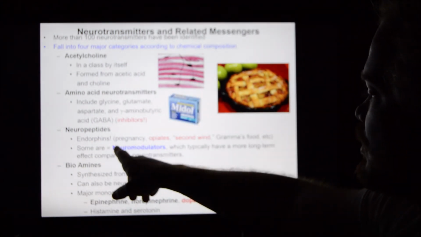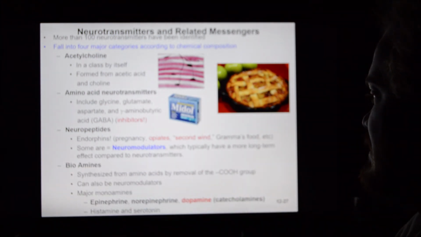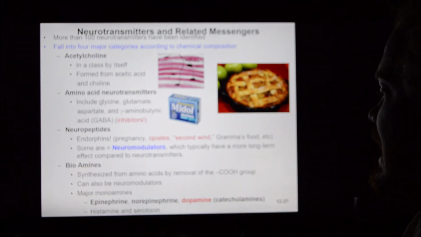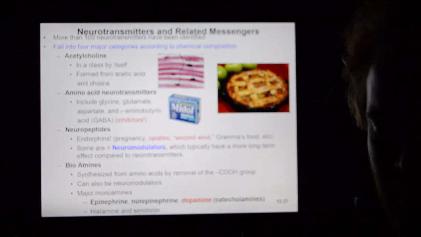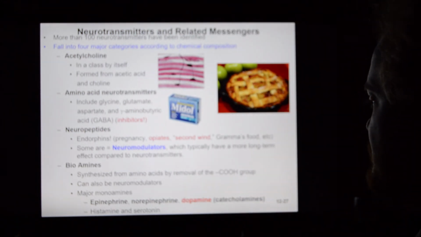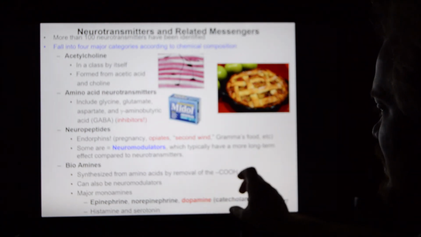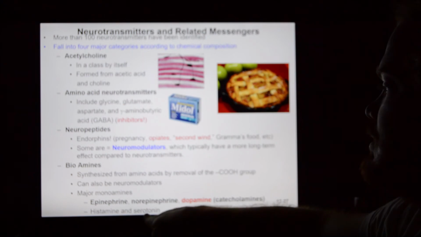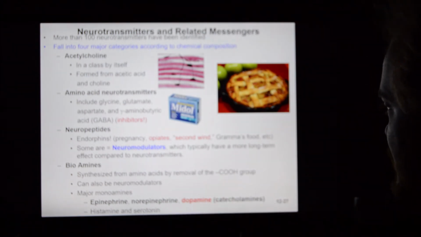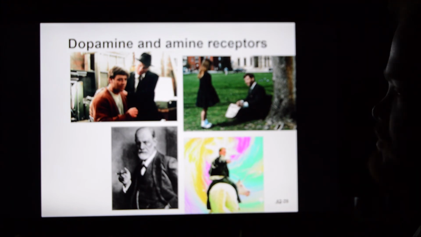Alright, those are neuropeptides and neuromodulating, causing a whole body-wide effect. Same thing with bioamines. Bioamines are things like epinephrine and norepinephrine. Think about adrenaline rushes. That's a bioamine. Dopamine is very important for this. This is one of the catecholamine neurotransmitters. And histamine and serotonin are involved in this as well. But I want to talk about dopamine. Dopamine can cause all kinds of problems with the body.